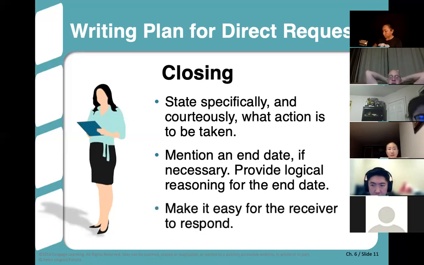And you can make it easy for the person to respond to you. One way to do that could be give them a format, or give them a form with the letter so they can just quickly answer the questions that you've got. That could be one way to do it. If it's more of a survey type thing that you're asking for, maybe you put it on SurveyMonkey.